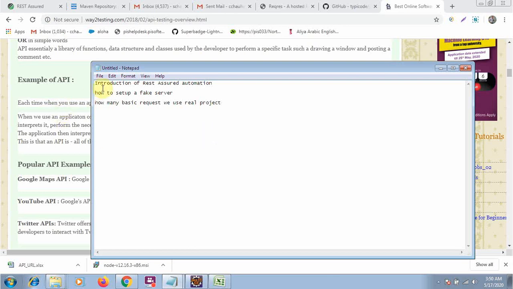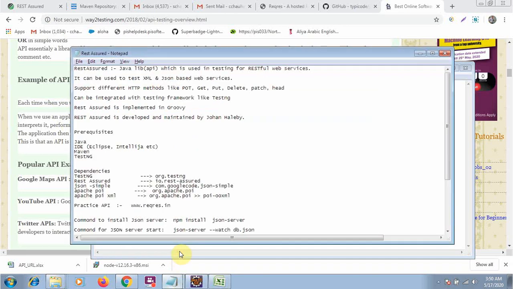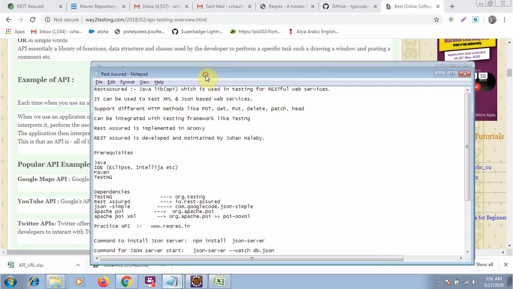Let's discuss the introduction of REST assured. Basically, REST assured is a kind of Java library used in the testing of RESTful web services.